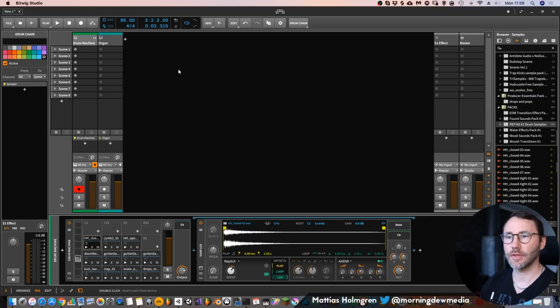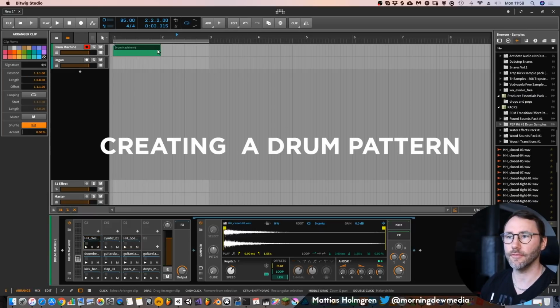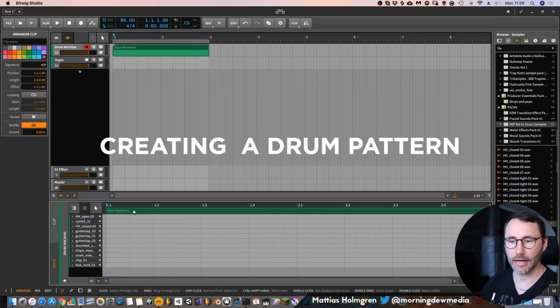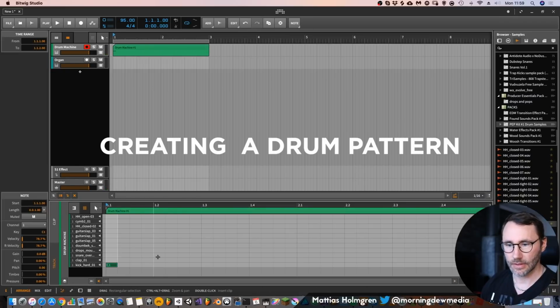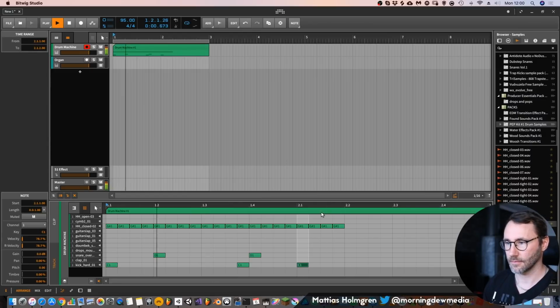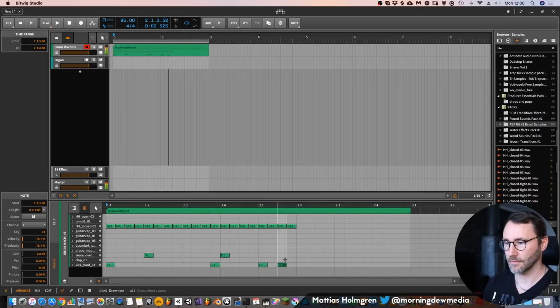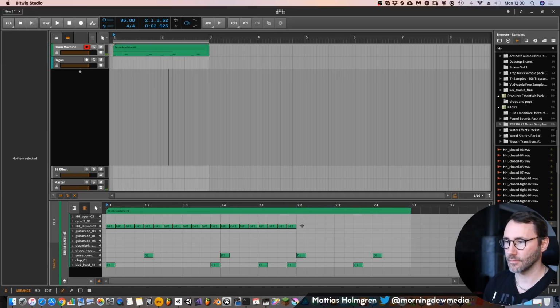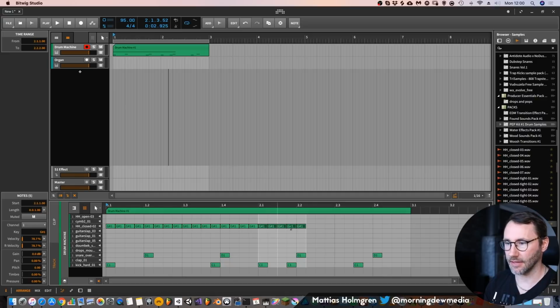Okay, so let's press Tab to go back to our arrangement view, and let's build a little pattern. Just going for a simple beat here. I have tempo at 95, so we will include some hi-hats and just double this up. I can select the part here, and here we have a region select, and you can press Command D to duplicate that region.